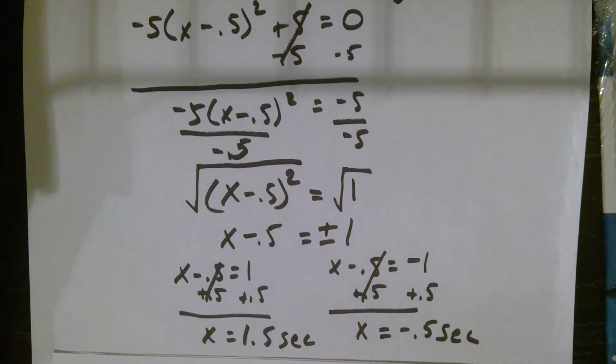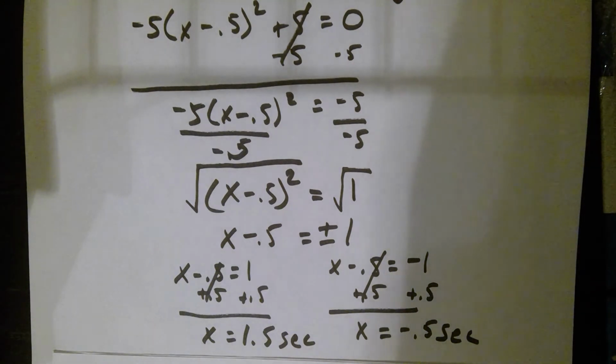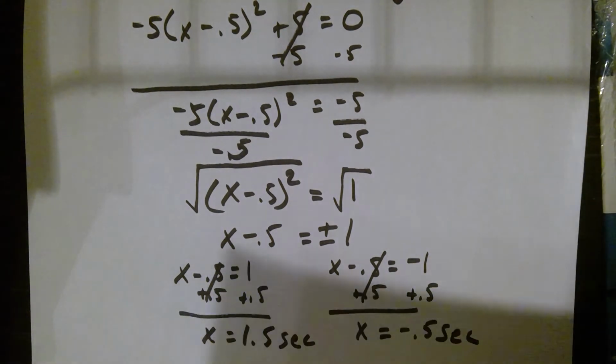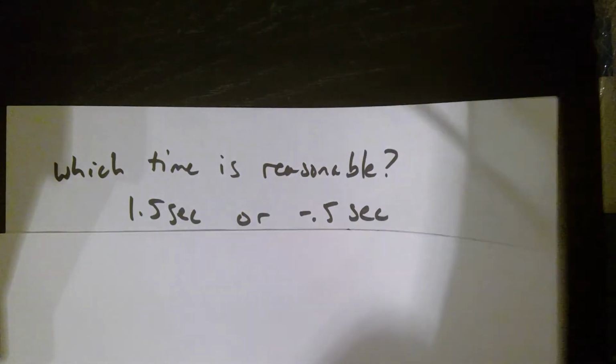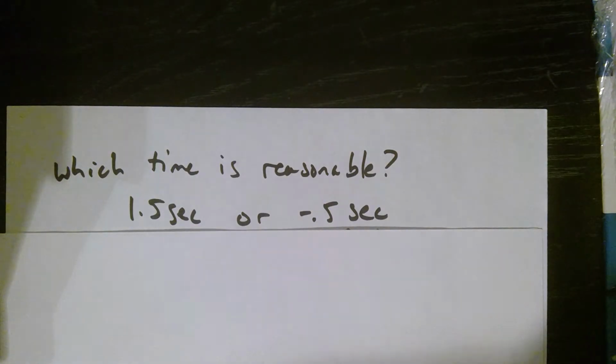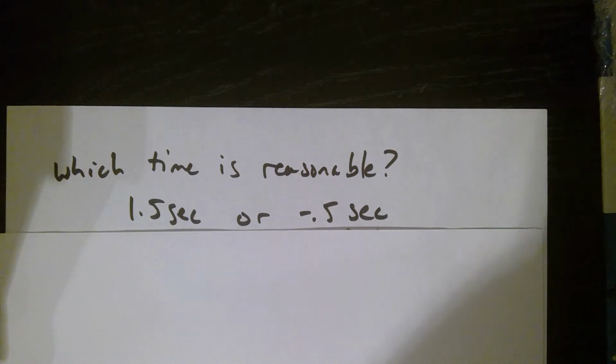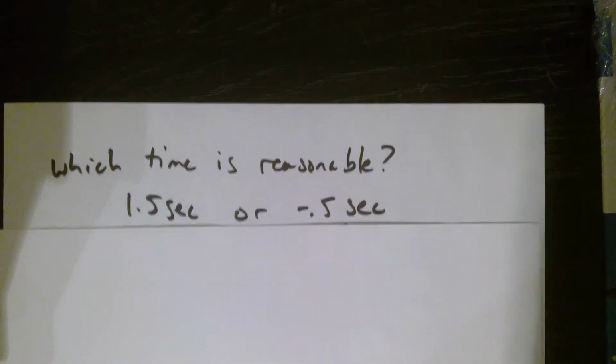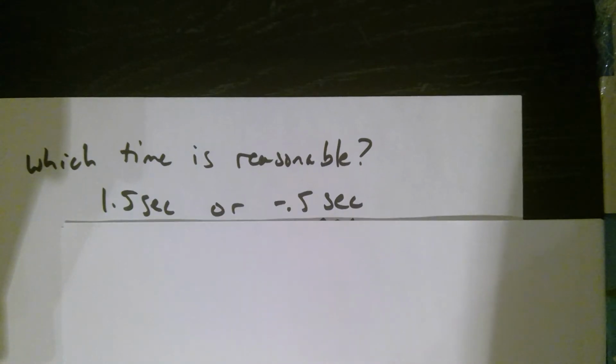Now, we have to be critical of these answers because who knows, they might not necessarily make sense in our context. So let's go ahead and look at those times. Okay, let's talk about which one is reasonable. So we have 1.5 seconds and we have -0.5 seconds. So hopefully you said that the positive 1.5 second solution was reasonable. Okay, it's reasonable because